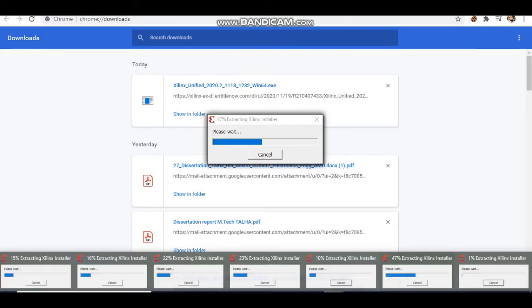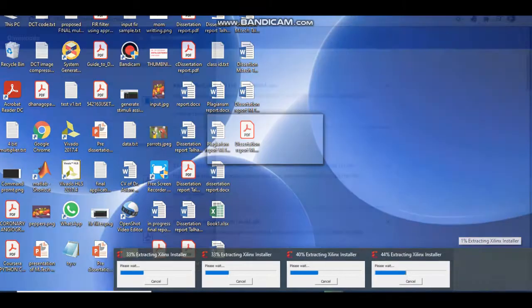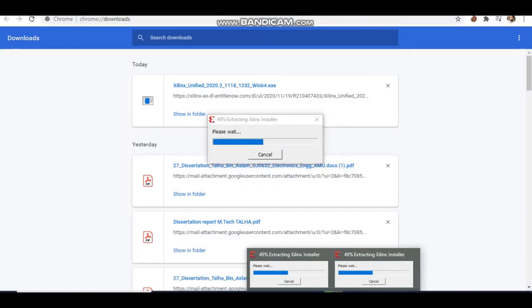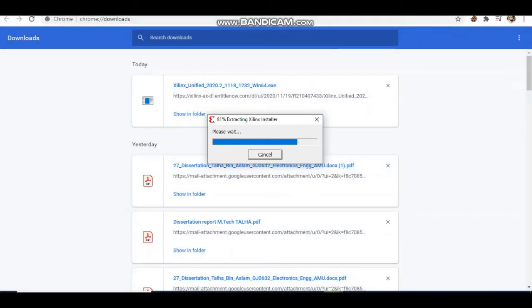I have clicked multiple times, that's why it has opened many times. I need to close all of them. Now my file is about to extract, and next I will tell you the steps which are required to install this software. These are very simple steps which follow after this.